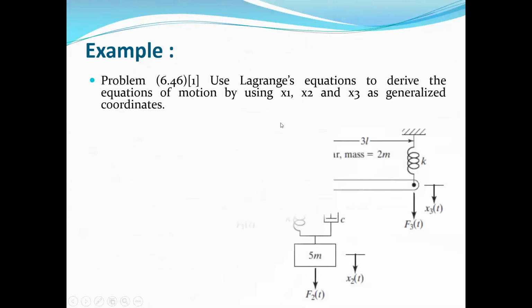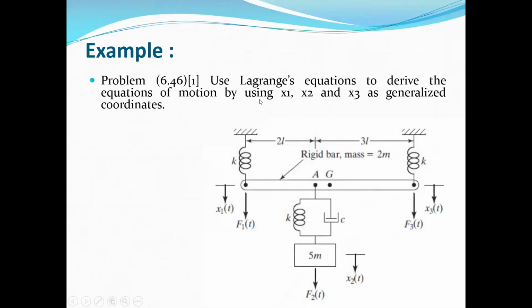Okay. One example is from week 12. We want to extract the equation of motion for this system using the Lagrange equation. And for this purpose, we need to consider a generalized coordinate system. In this problem, according to the problem description, we need to consider x1, x2, and x3 as the generalized